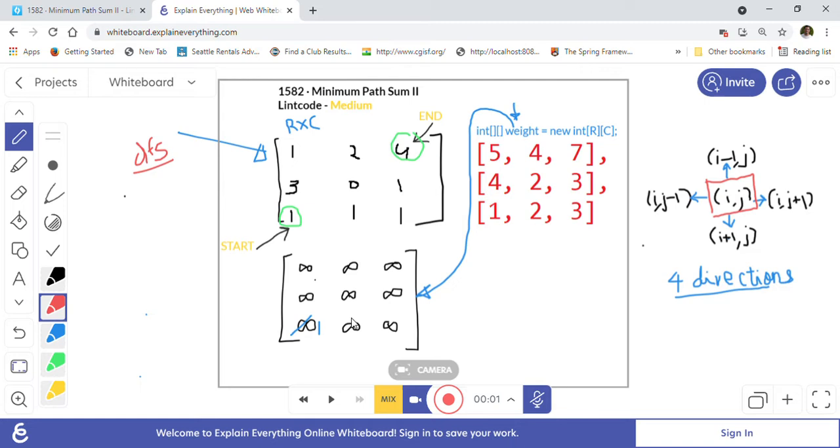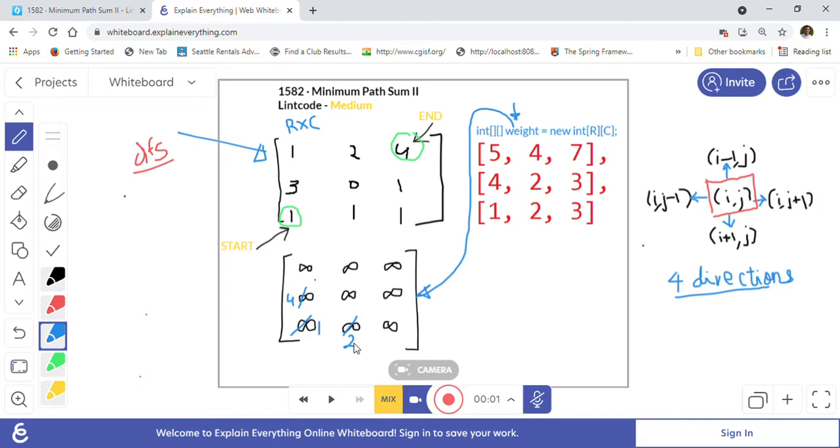Then only it makes sense to update. So that is our approach. So from this one we will go in 4 directions. Let's say if I want to go here, then the minimum distance I updated is 4. And if I want to go here, the minimum distance I updated is 1 plus 1, 2. Means this 1 plus this 1 is 2, and 1 plus 3 is 4, we updated.